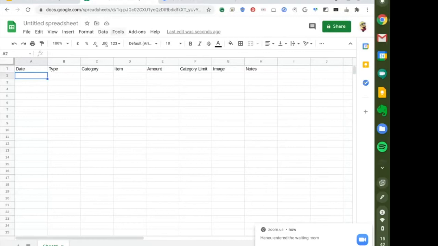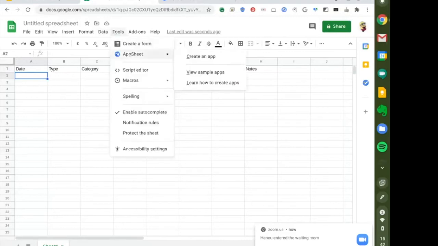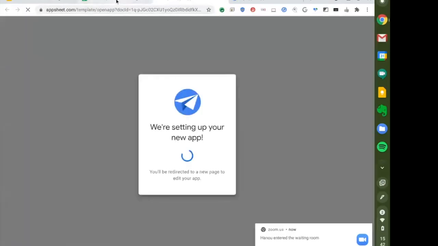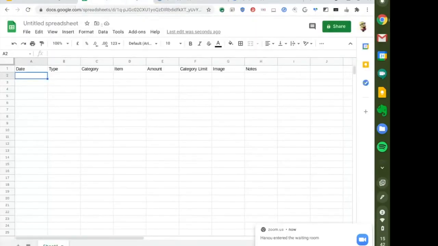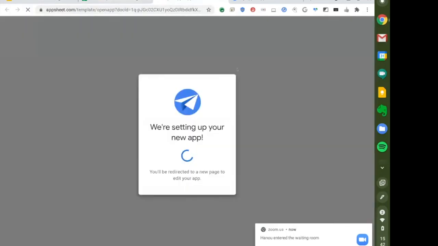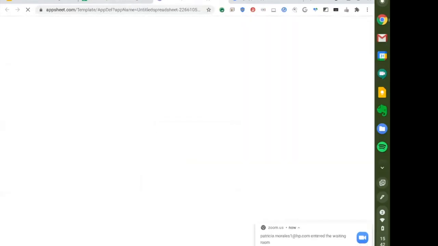Okay, Sylvia, perfect. So you go into tools, select AppSheet, create an app. Oh, I forgot to give a name. Sorry, it's better if you give a name because untitled spreadsheet is not a nice app name, but we can change it later on. It's also good to see where to change it.